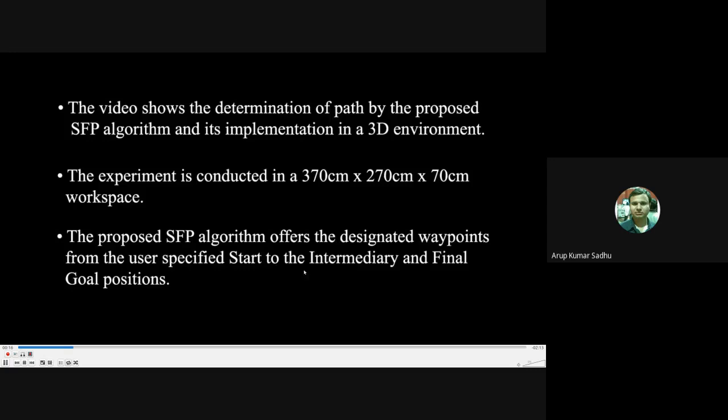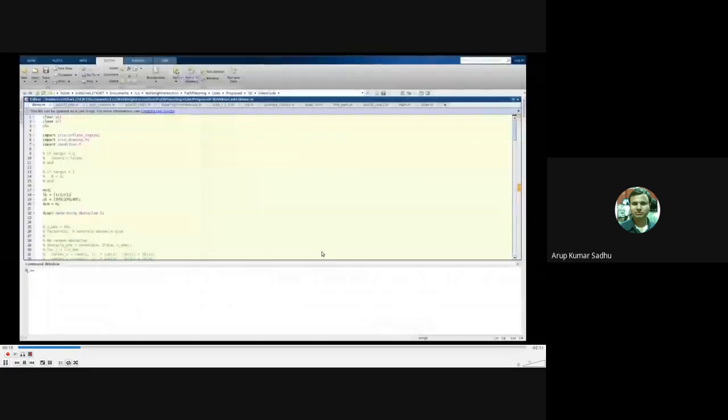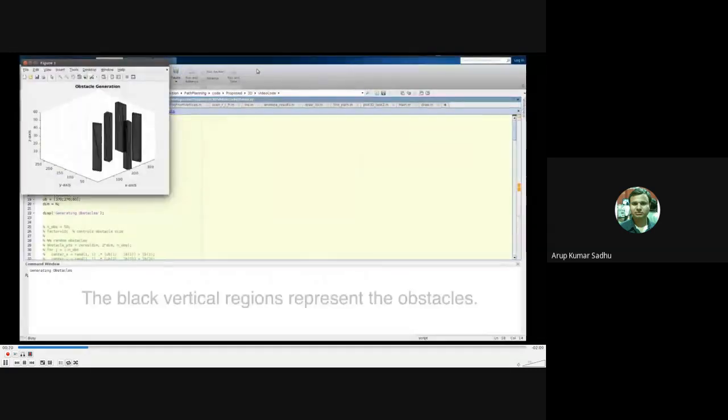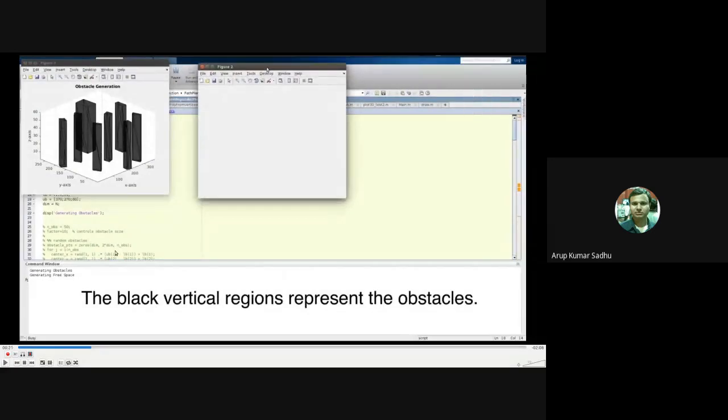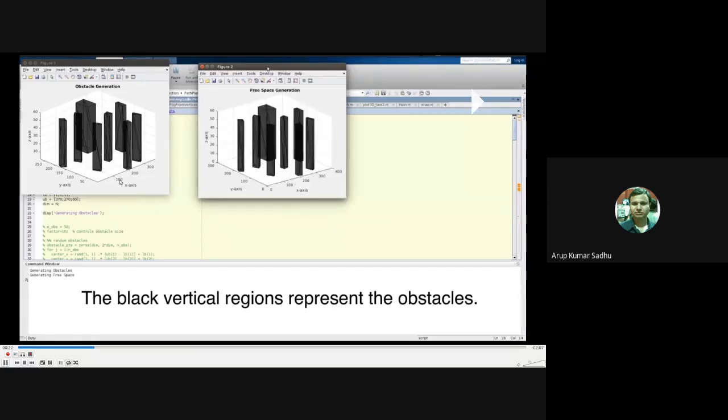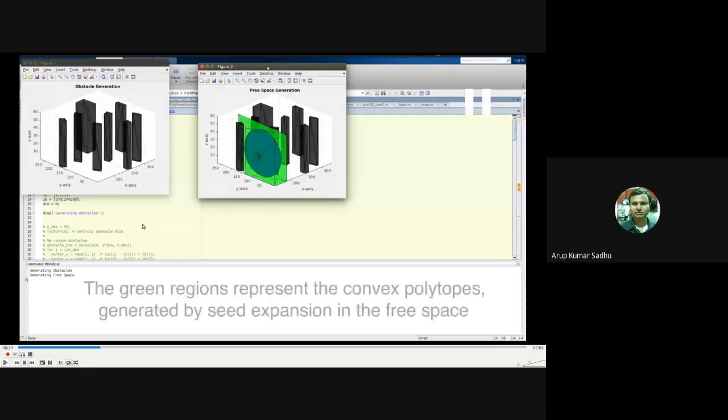We have created an intermediate goal also. This is the MATLAB code we initially generated. You can see initially we created some obstacles, vertical bars, randomly generated obstacles. After that you can see the ellipsoid is inside one, and a polytope is surrounding that generated ellipsoid.